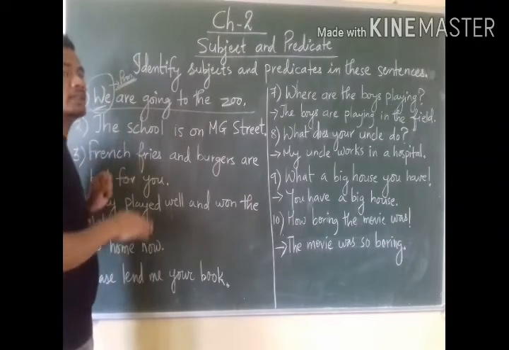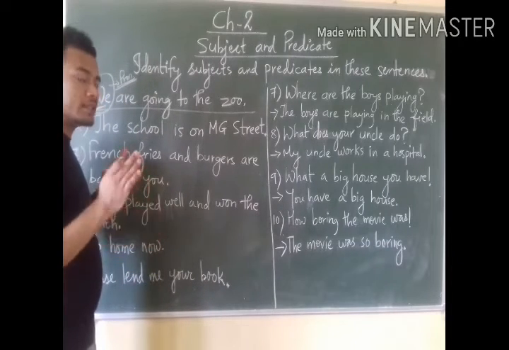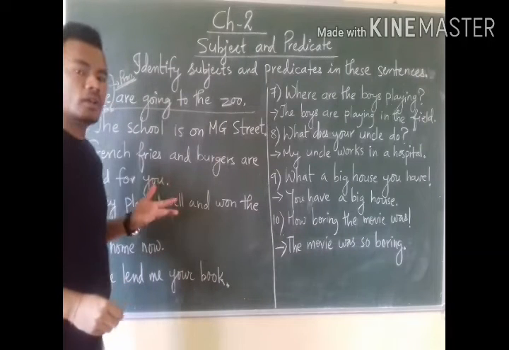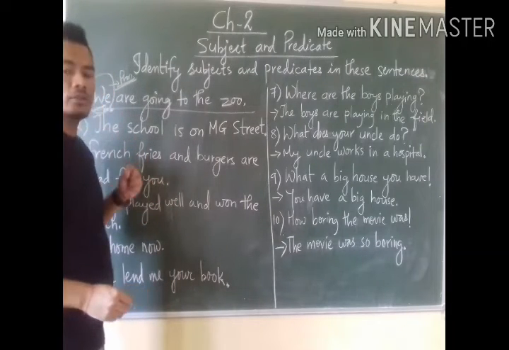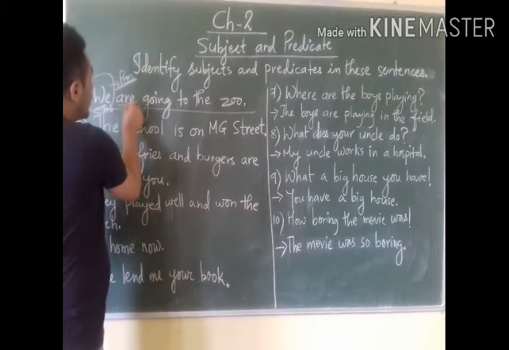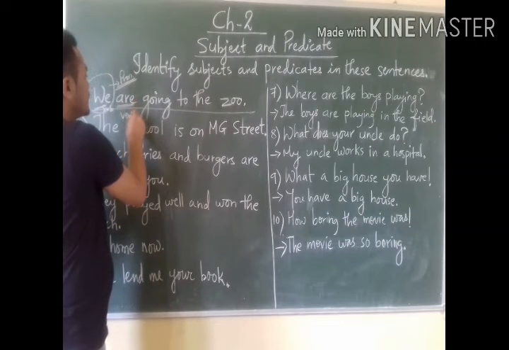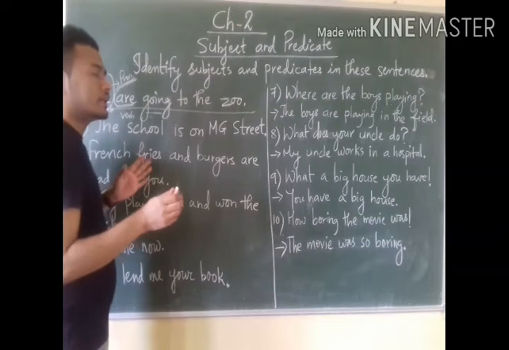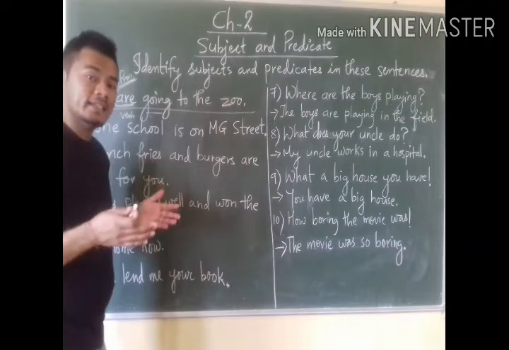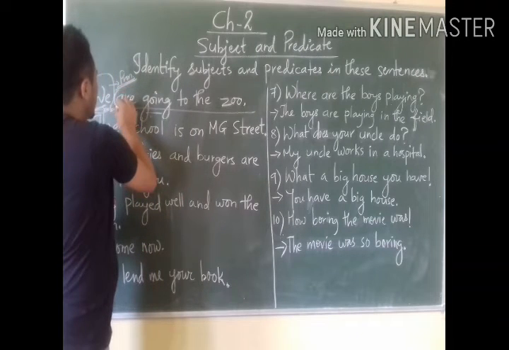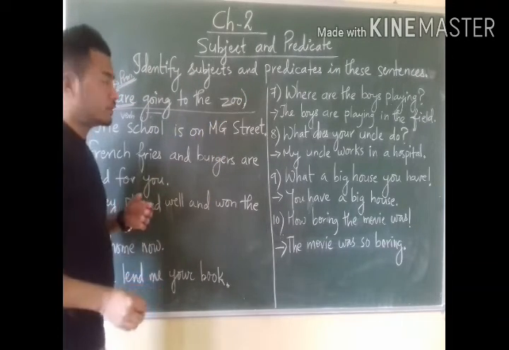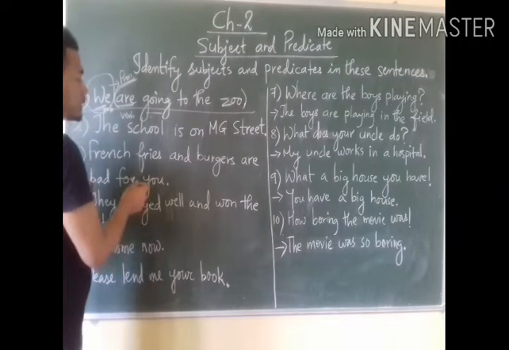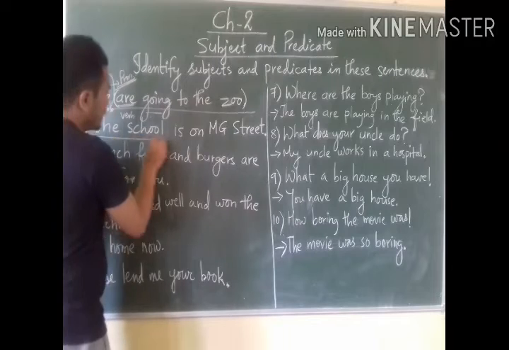I have circled the subject. So we is the subject here. Now what is told about we? We are going to the zoo. Here we have found are, which is a helping verb, and going, which is the main verb. So wherever we find a verb, the rest of the words after it are also predicate in assertive sentences. See, we are going to the zoo. Are going to the zoo is the predicate. Now come to the next sentence.